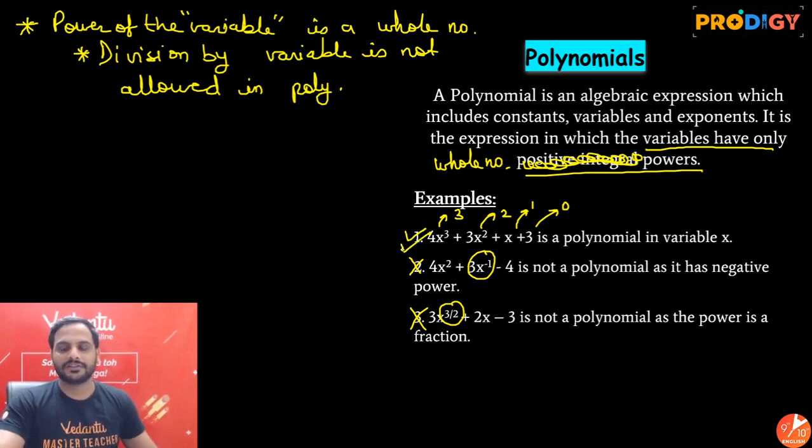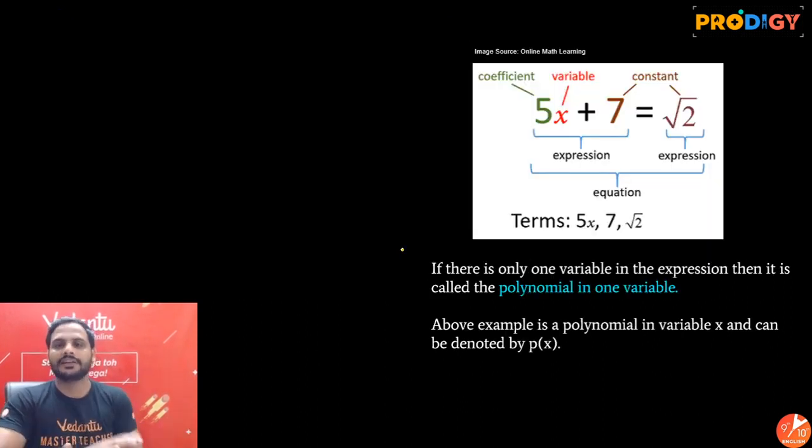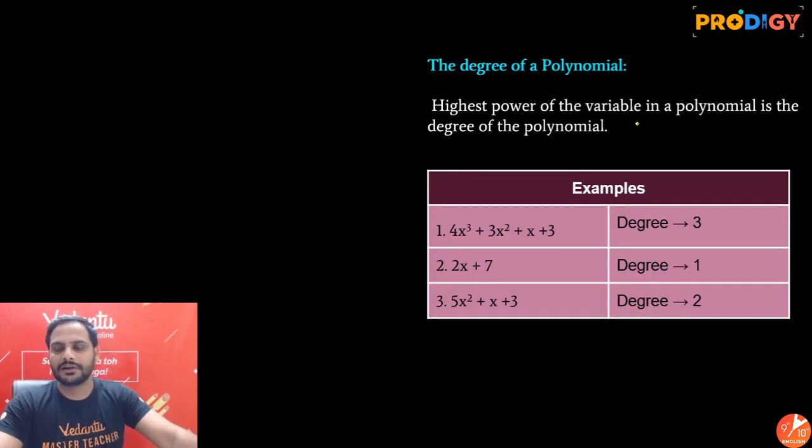All right guys, so this is the definition of polynomials. Now different parts: there is coefficient, the number which we multiply with the variable is called coefficient. Then there are different operations, plus, minus. Expressions means without equal sign. If equal sign is there, that is called equations. Constant means which do not have any variable part with them. So we all know these basic terms.